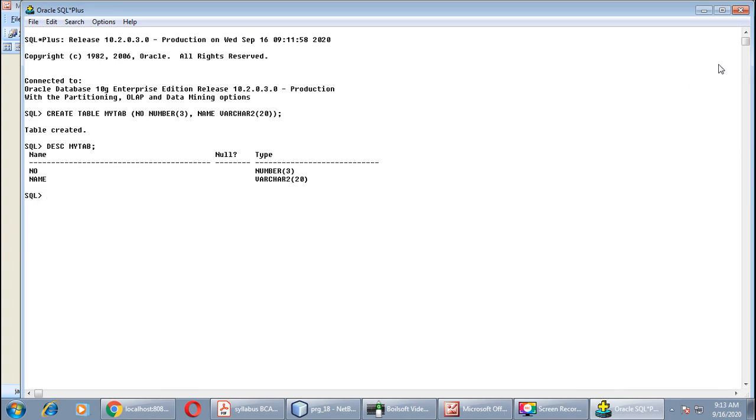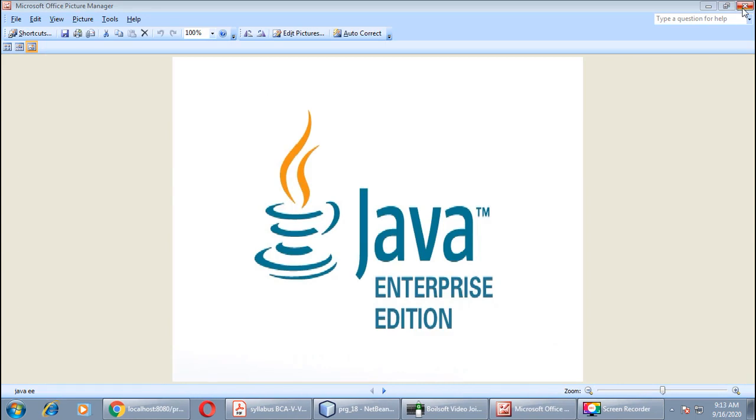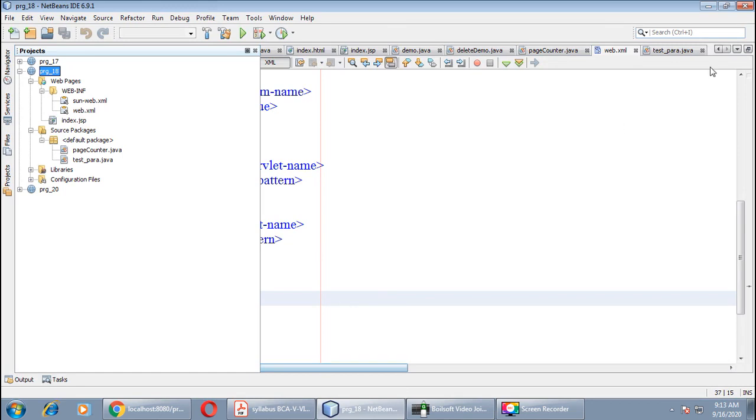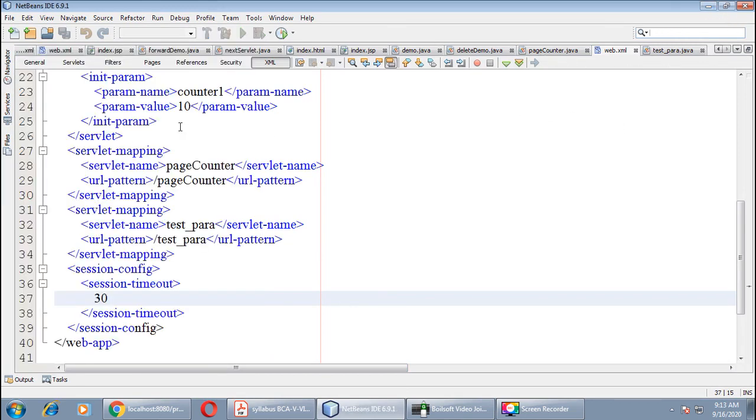Now close this window, okay, and open your NetBeans IDE. Here the previous program is open. I am closing everything, right? Let me close the NetBeans and restart it.